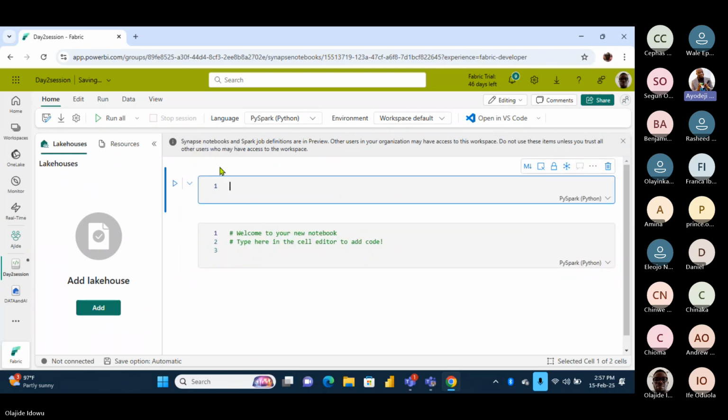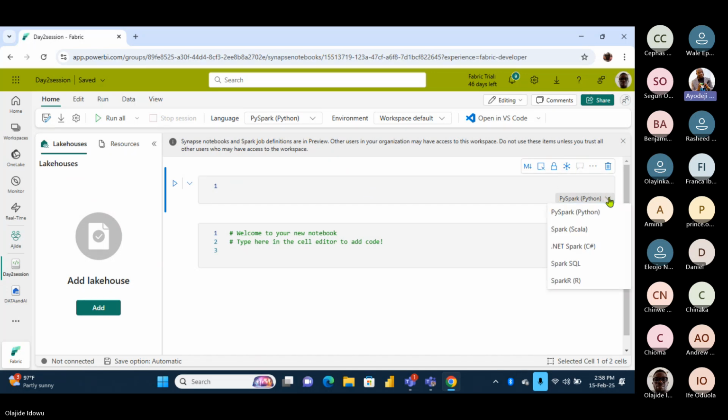You see a plus code. Another code cell is here. Within this code cell, I don't want Spark again. I don't want Python again. At the bottom right of the cell, if you click there, it will show you all the possible languages you can switch to.